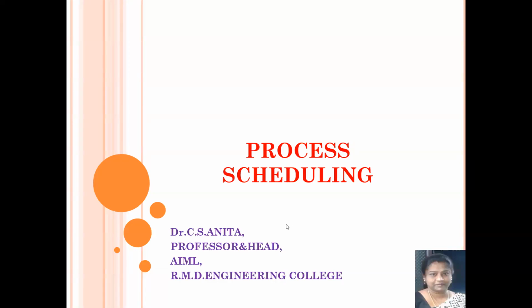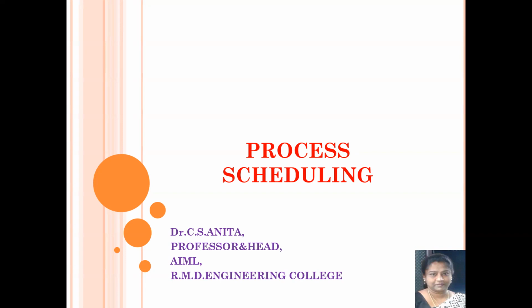Hello everyone. In this video, we are going to discuss process scheduling. We all know what a process is. A process is nothing but a program in execution. So whenever a process has to get executed, it needs the use of the CPU. Hence, it is the job of the CPU scheduler to assign the CPU to a particular process whenever it wants